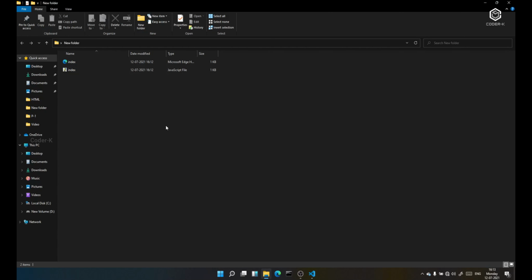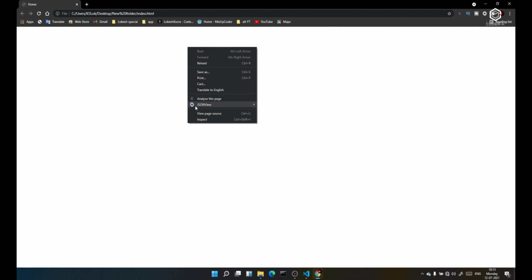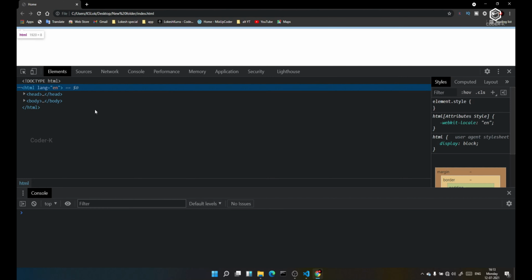Let me go to our folder. Here is our folder. I open this in Google Chrome. Here you can see it provides a hello, and again I will reload. It provides an alert again. If you want to check our console or other code, you can inspect the page.